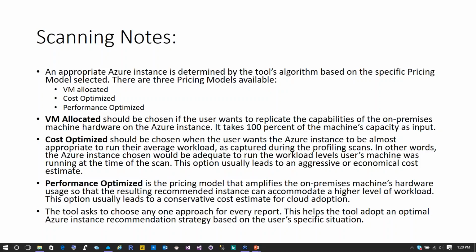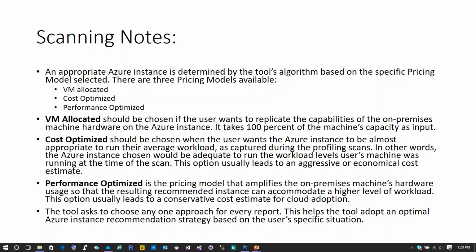So if you're using, let's say, a Dell with 2 TB of RAM, the system can help you pick the right virtual machines inside of Azure and price those for you so that you don't have to do that.